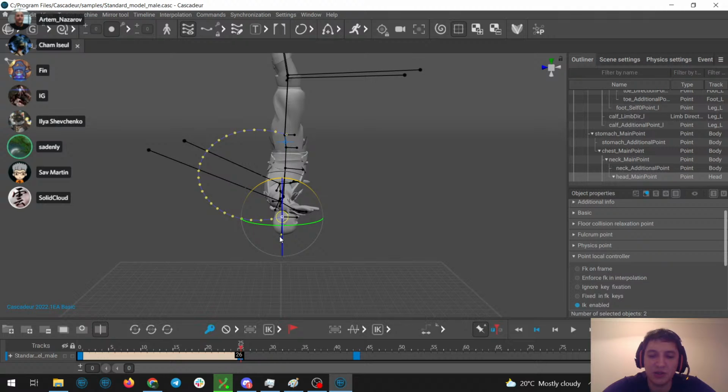We can't use spaces that will have gimbal locks, etc. So we have to use a space that is very smooth.